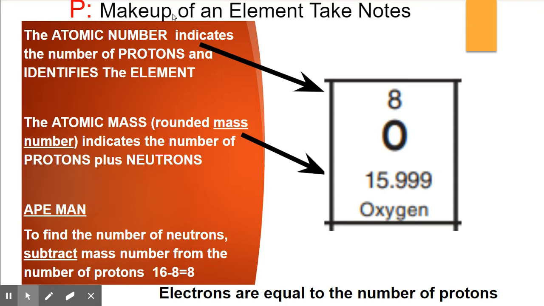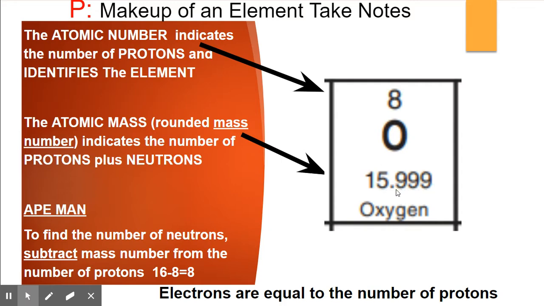Let's take some notes on the makeup of an element. The atomic number indicates the number of protons and identifies the element. So I can identify this element as oxygen by looking at the number of protons in the nucleus. The atomic mass,